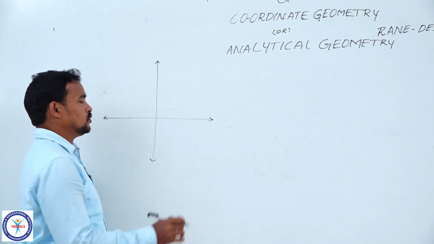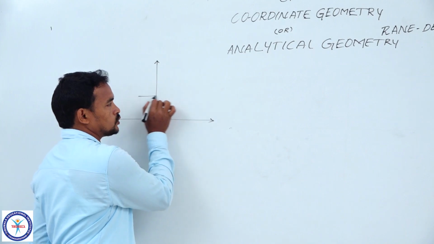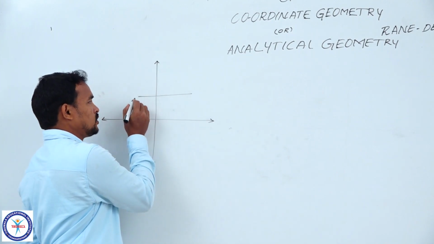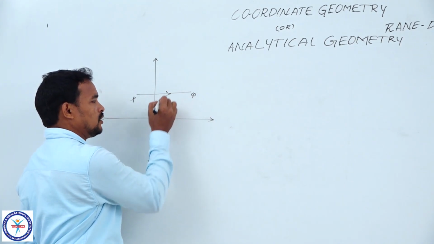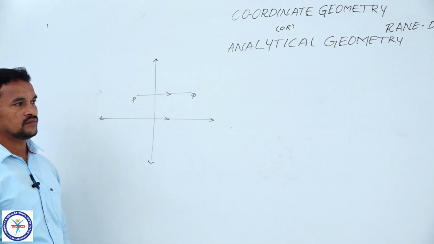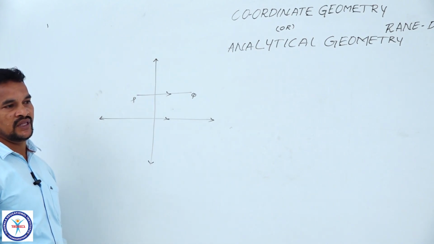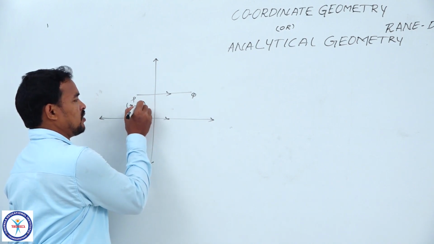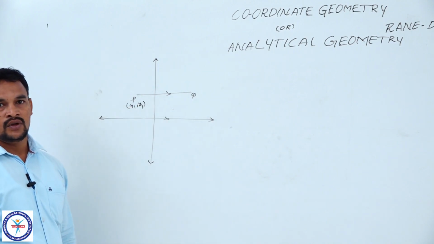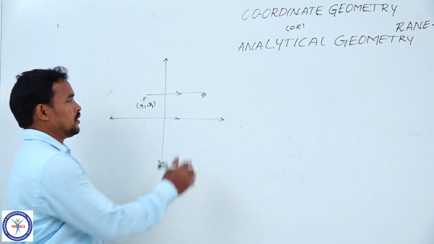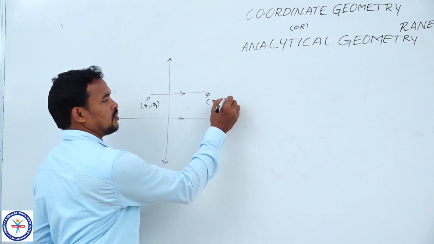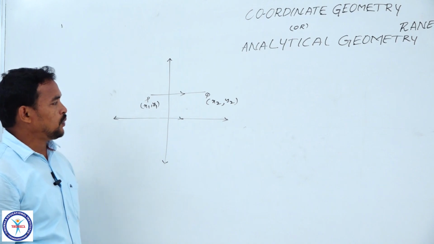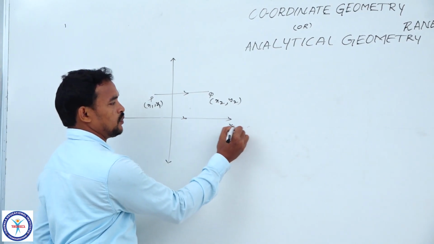When the points P and Q are joined, the line segment PQ is parallel to the x-axis. Then how to find the distance between them? The coordinates of P are x1 comma y1. The coordinates of Q are x2 comma y2. When PQ is parallel to the x-axis,